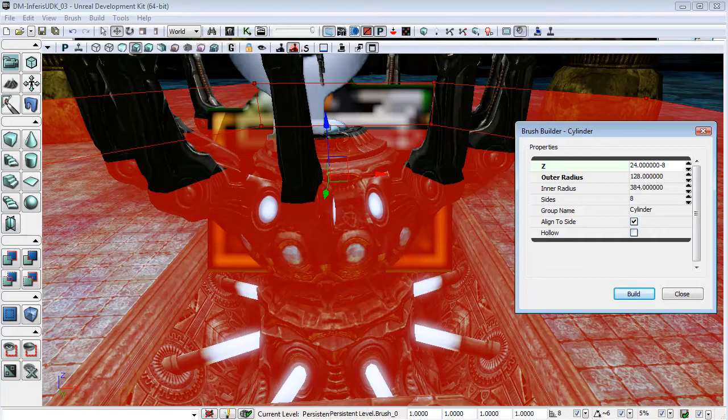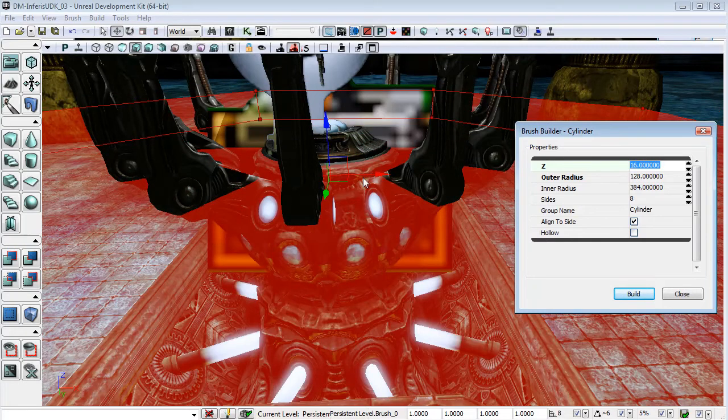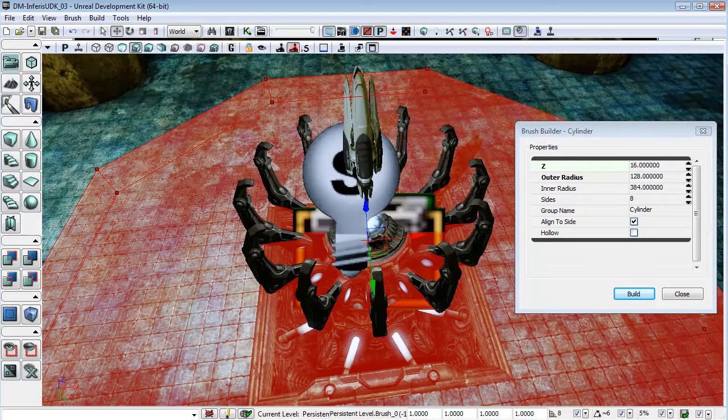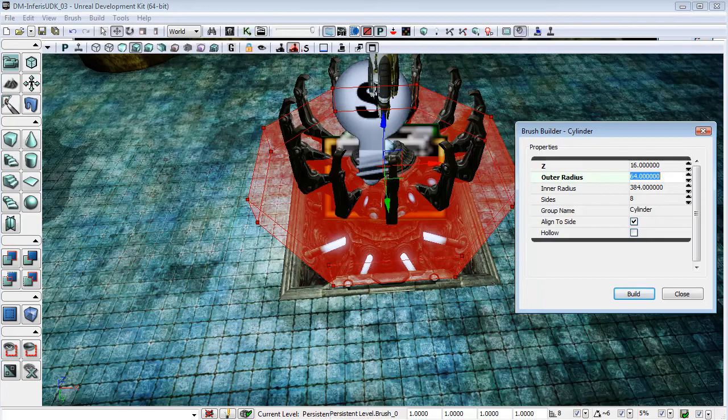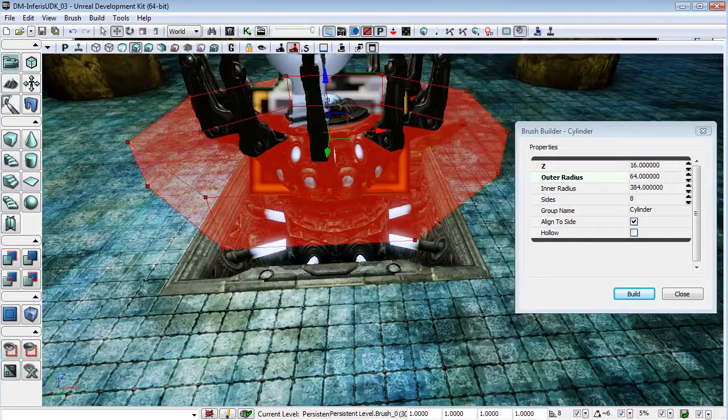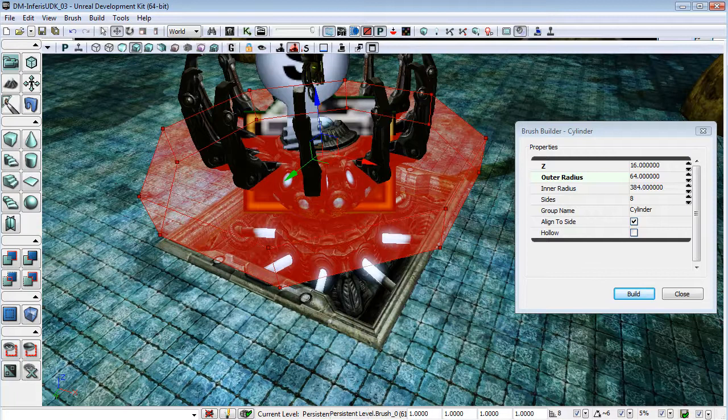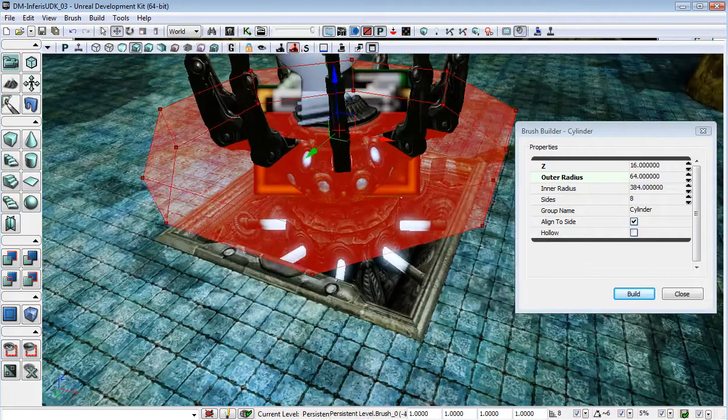Yep, that should be fine. Now this radius is quite wide, so 64, and yeah, it would probably be best if I could see what it's going to look like with the